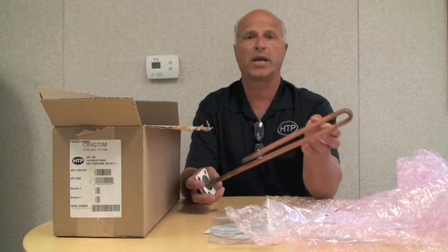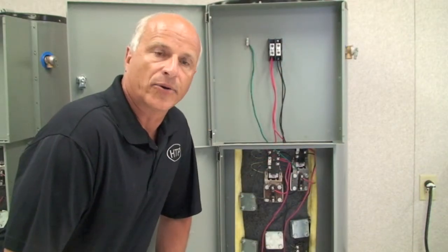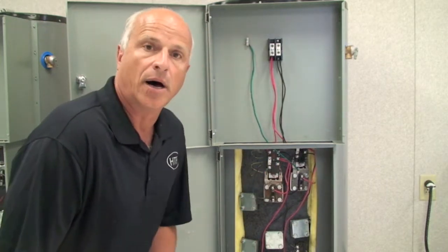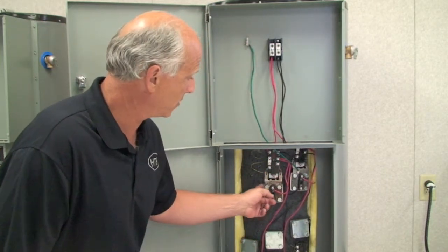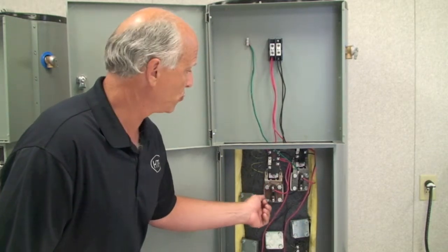And I'll show you how that's done. Go over the conversion of the elements. When you receive your tanks, your elements will be already installed and wired. All you're going to do is take your elements out, put the new ones in, make sure they're nice and